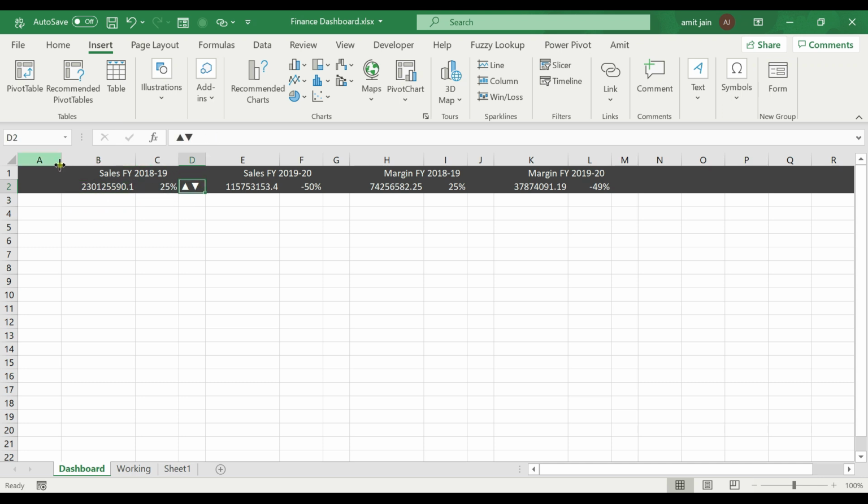So I need these two buttons. Now I'll put a formula here: equals IF, if this value is greater than 0, then I need this upward button, comma, else I need downward. If this value is less than 0, then downward. So now I have the upward button. I'll put this formula over here,